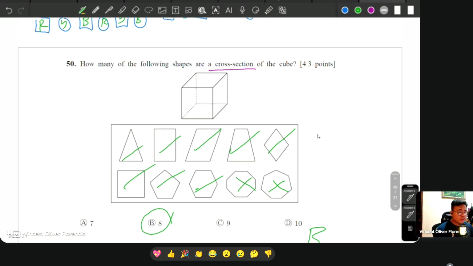And that's it for part 2 of your Elmore Reviewer. Okay, for another question, please. I know this one is going to be quite confusing because I didn't really focus on reading and explaining the question more. I just focused on answering. But I hope this one will help you in understanding the questions.